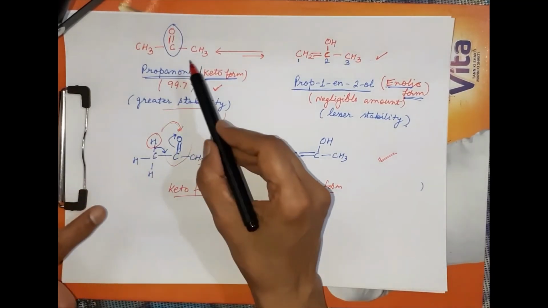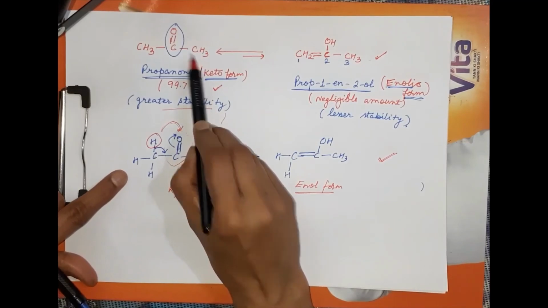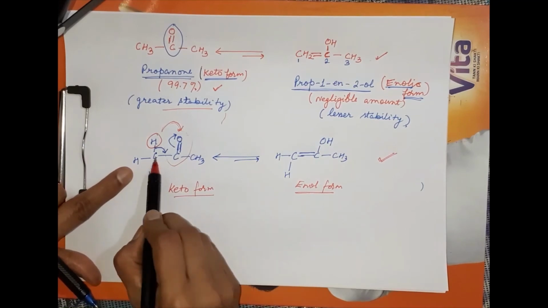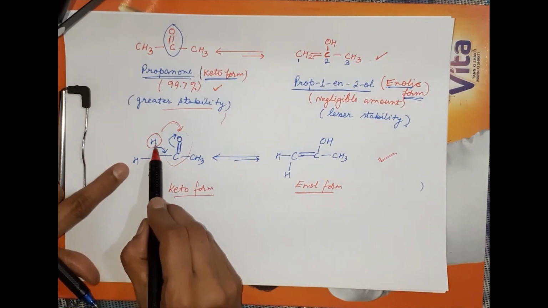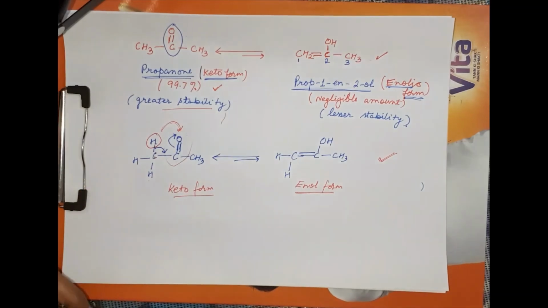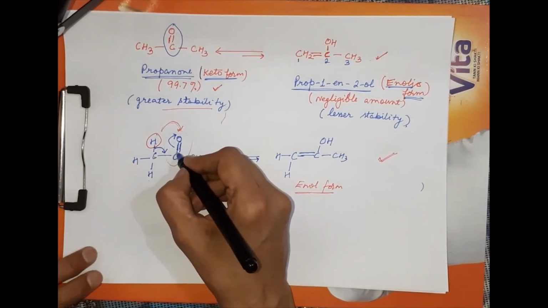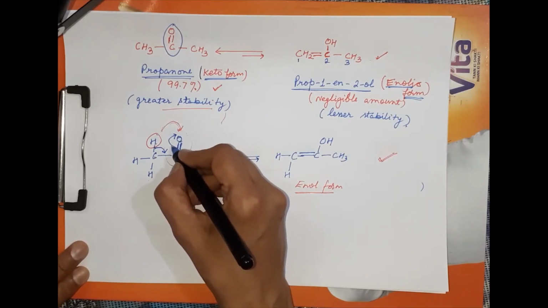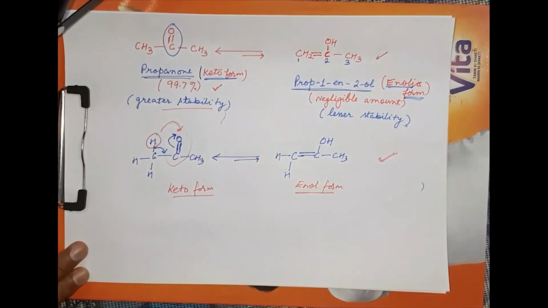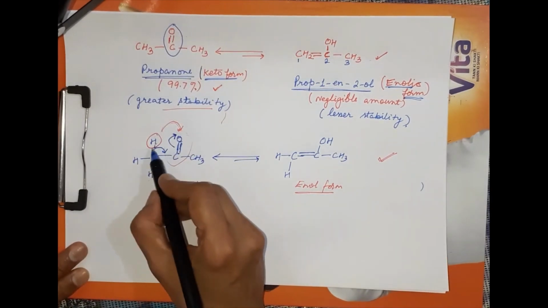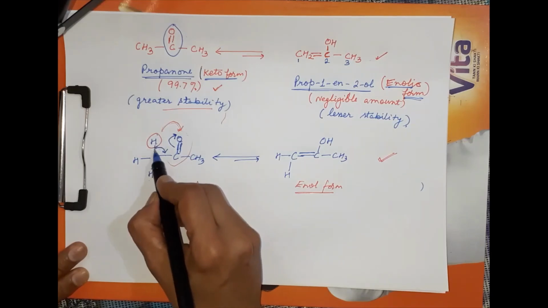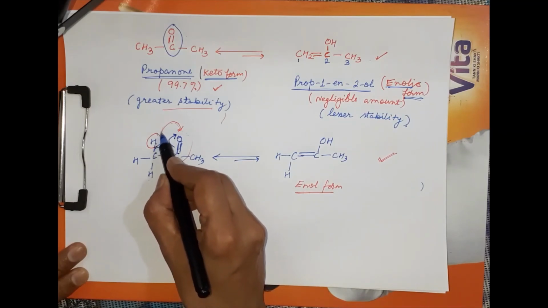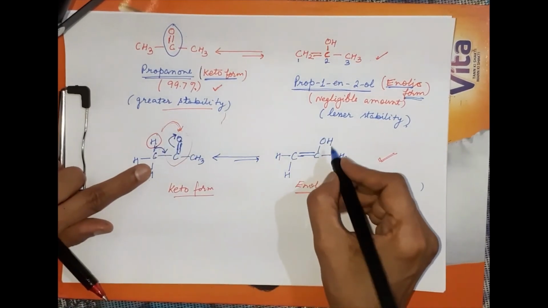So what is happening? In this ketonic form, only this propanone I have written like this. This carbon I have written having the 3 hydrogen atoms in an expanded form. So what is happening here? This carbon oxygen double bond is breaking, and the electron is shifting like this towards the oxygen atom, and this carbon hydrogen bond will break, and this hydrogen will migrate from here to this oxygen, and thereby